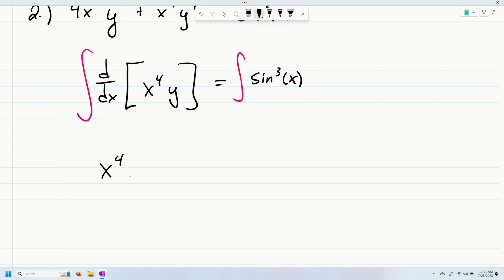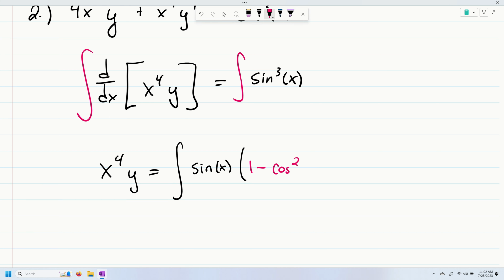That gives me x to the fourth y equals. Now, on the right-hand side, you've got to be careful because this is sine to the third x, which means we've got to go back into our trigonometric integrals all the way back to the beginning of the semester. What we're going to do here is take out a sine x. We're going to rewrite sine squared x, this middle part right here, as